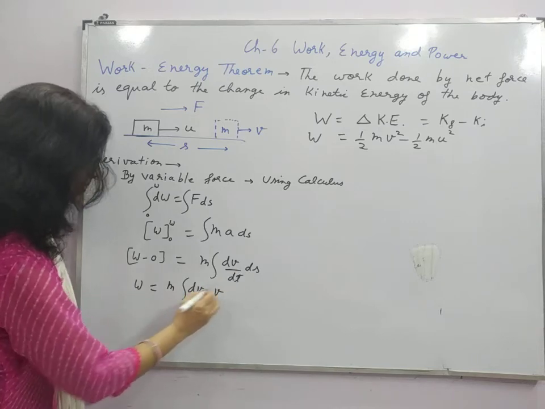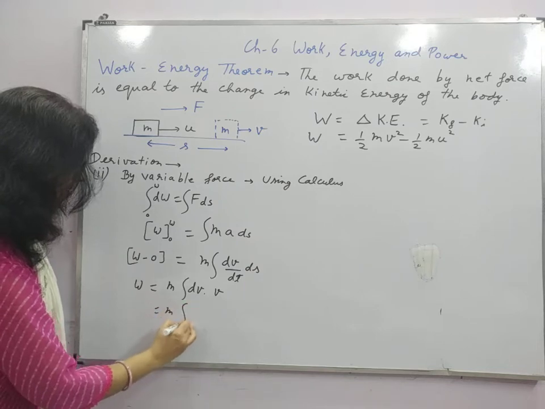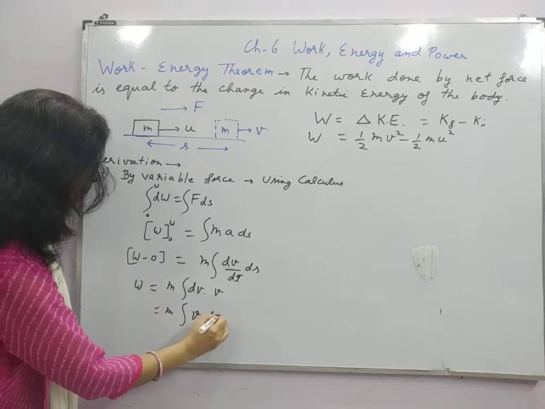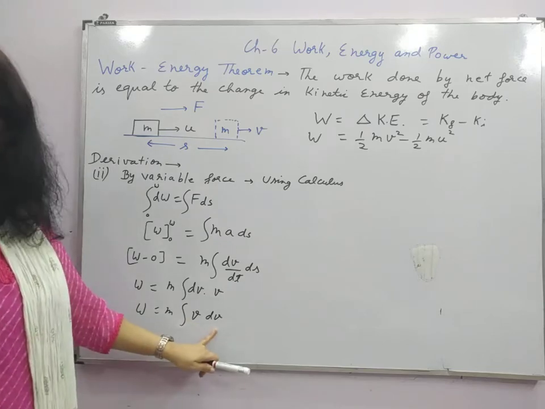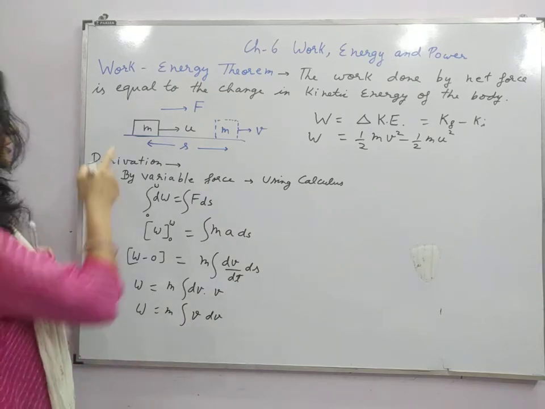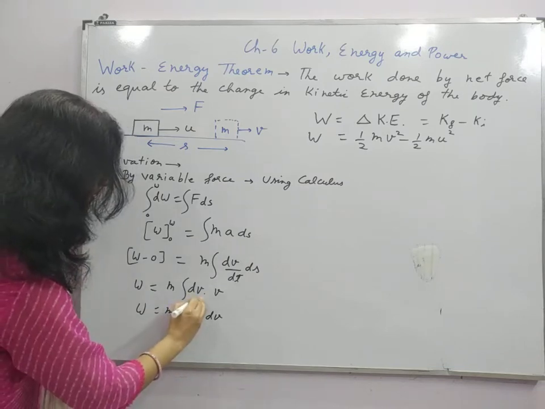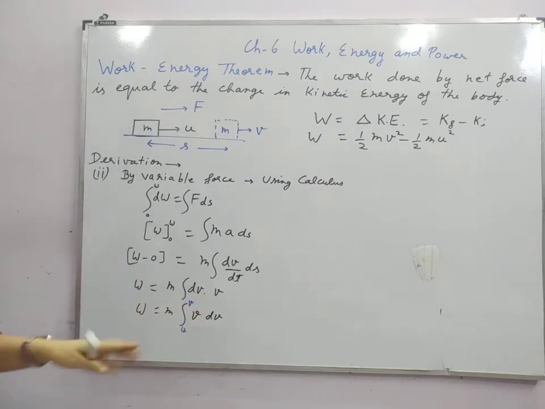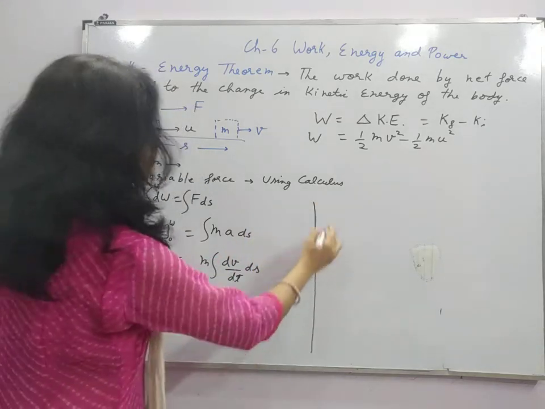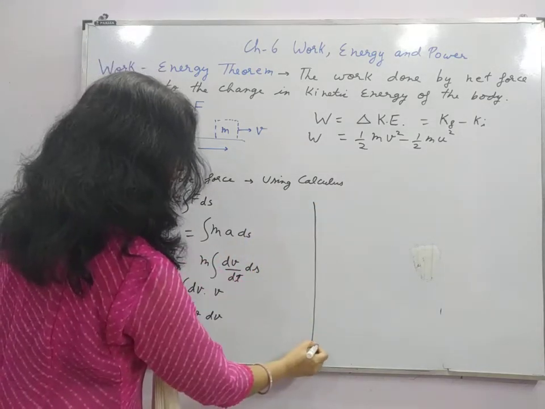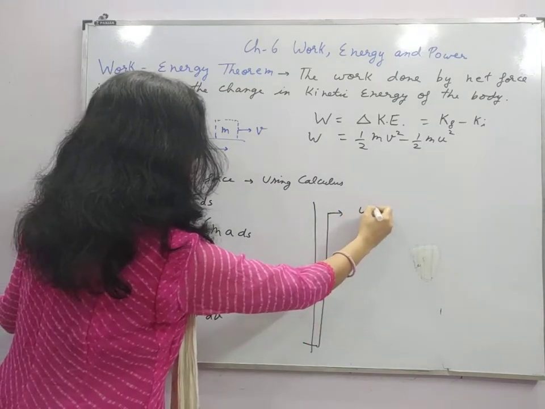which is velocity. Now I'll have to write the limits of velocity because I am integrating with respect to velocity. So what is the initial velocity? So initial to final limits we write. So u to v will be the limits. Now from here, this can be written as W is equal to